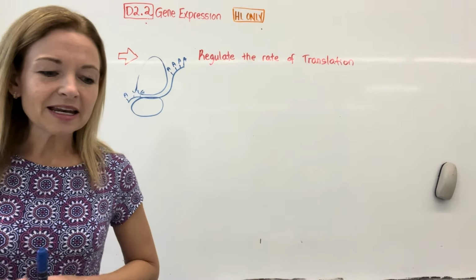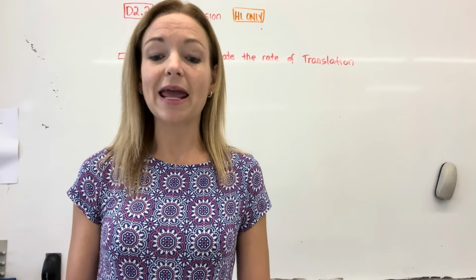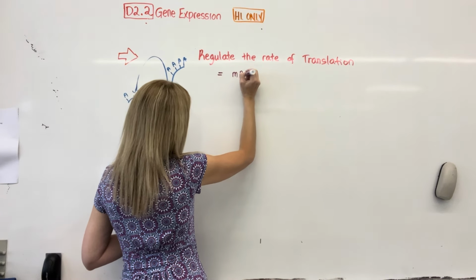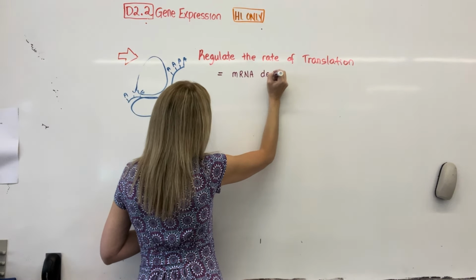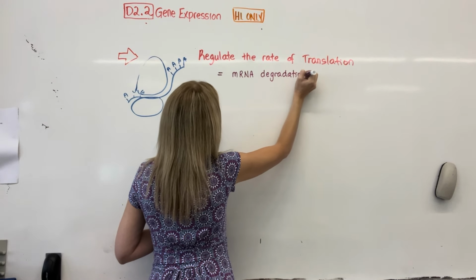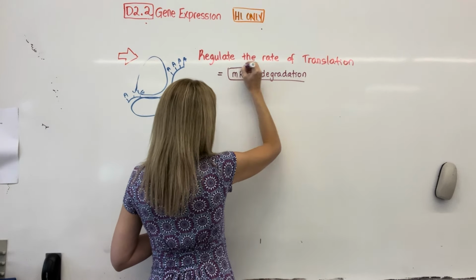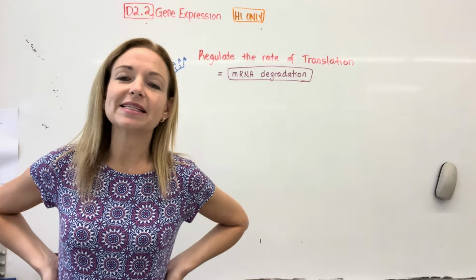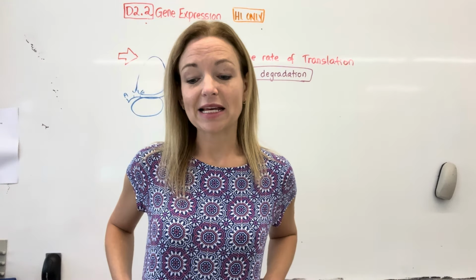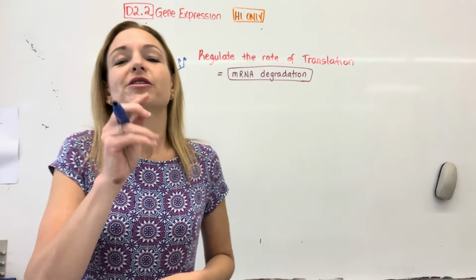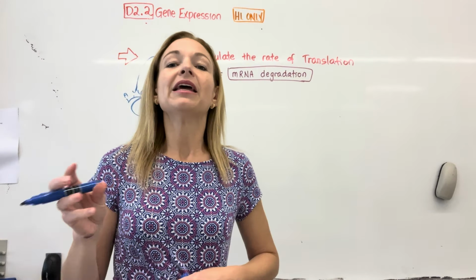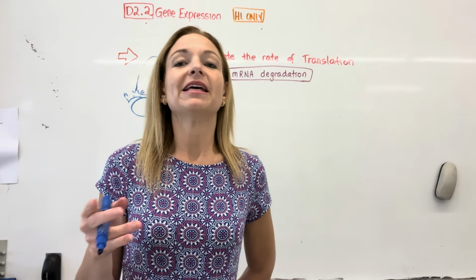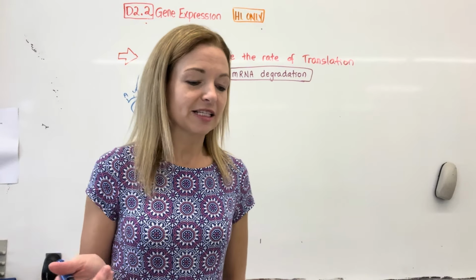And the way that is done is basically by breaking down the mRNA at different paces. So this is going to be done by regulating mRNA degradation. So to degrade or break down mRNA, that's going to happen automatically because there are exonucleases in the cytoplasm that will just break down mRNA. One way of regulating that is to increase the number of exonucleases or to make some sort of changes to the mRNA itself, such as a shorter poly-A tail, to speed up the rate of that.